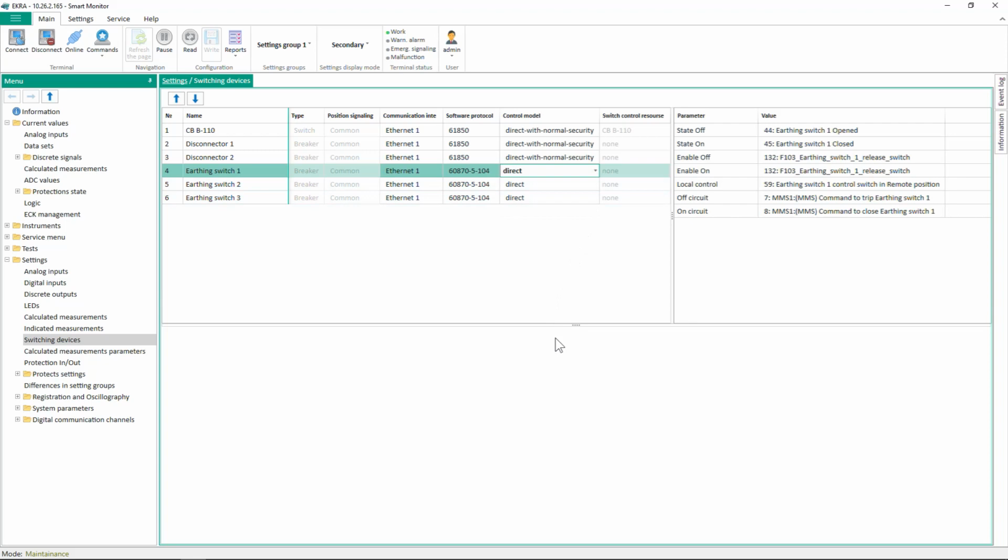It is also necessary to make sure that switching devices are controlled via the communication ports specified in the Communication Interface field. You can learn more about setting the control of switching devices using the IEC 60870-5-104 protocol in the video tutorial on configuring ED2 devices data sending and switching device control via IEC